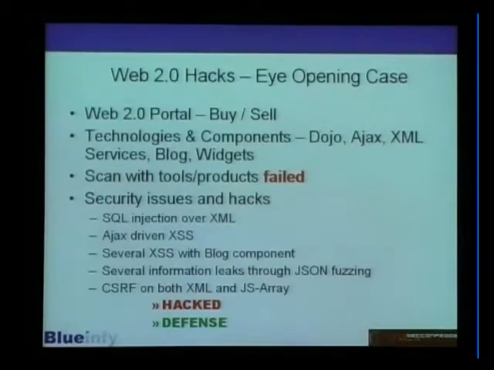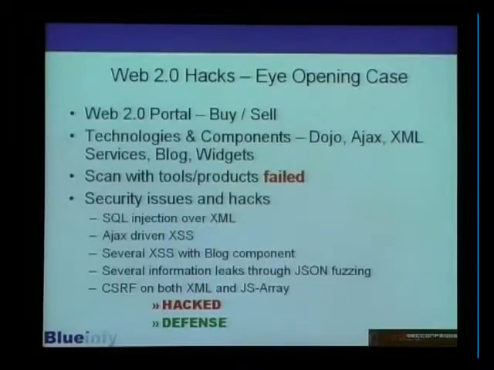No vulnerability found, no resources captured, and pretty much there are so many resources in this particular application, but none of them is discovered by these scanners. So we did manual testing as usual and started to discover a lot of different vulnerabilities in the application. All these vulnerabilities are quite unique compared with the traditional way of scanning your application. Some of the vulnerabilities which we discovered are SQL injection over an XML pipe or a JSON pipe,